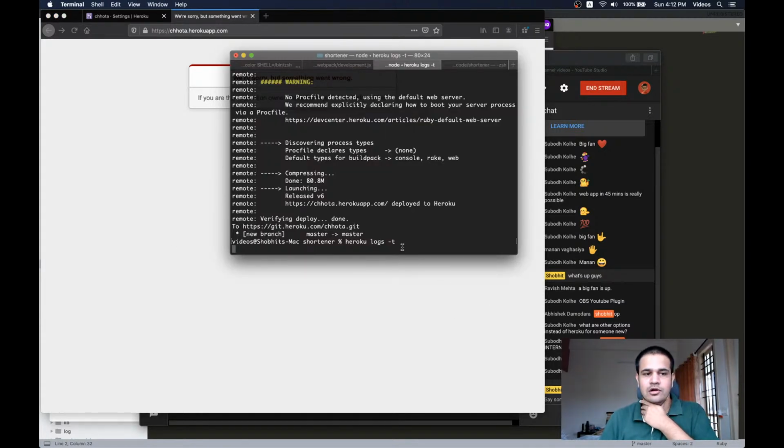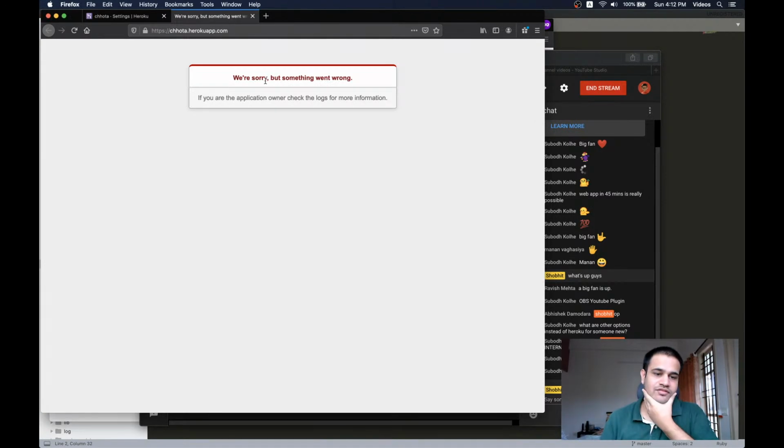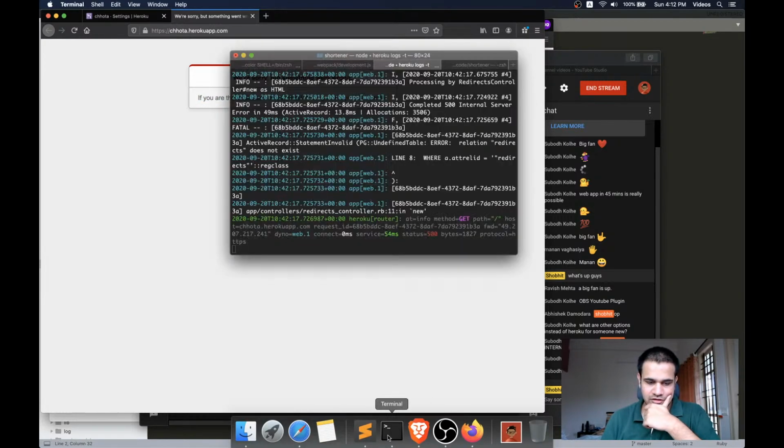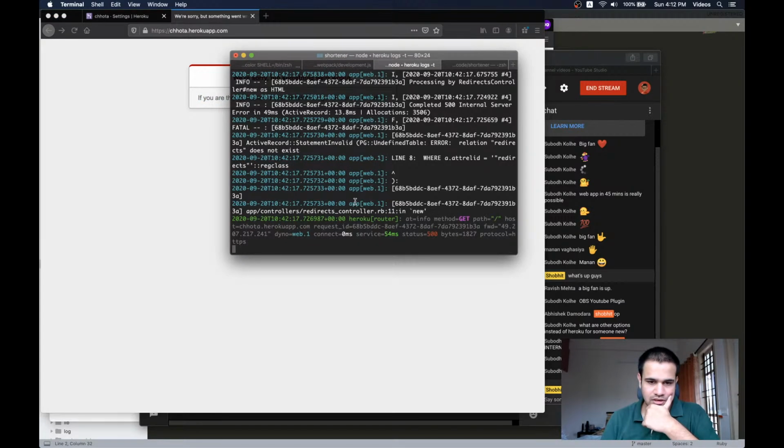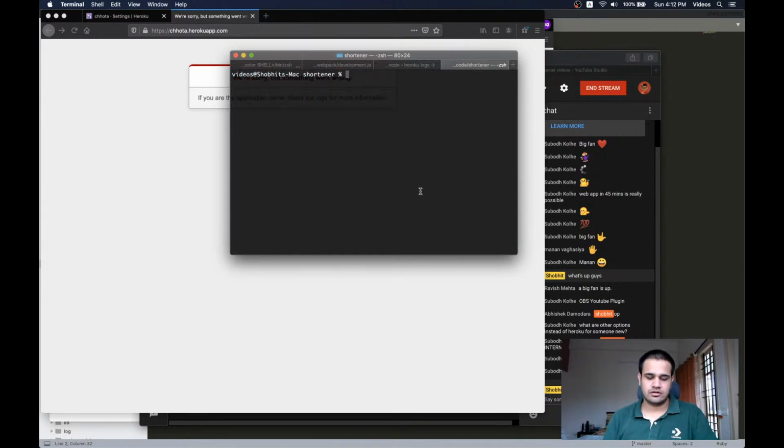So now we need to open logs, because it's saying we are sorry but something went wrong. If you're the application owner, which we are, check the logs for more information. And how do I access logs? Through this. And what is the problem? It says redirect does not exist, because heroku run rails db